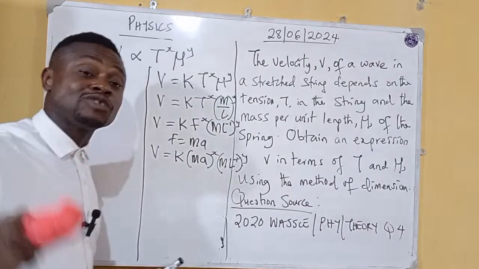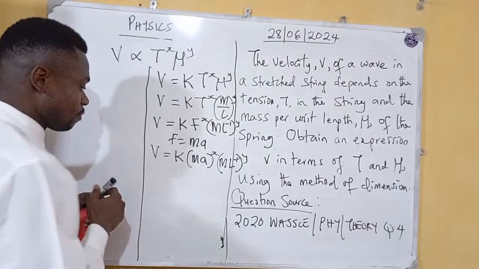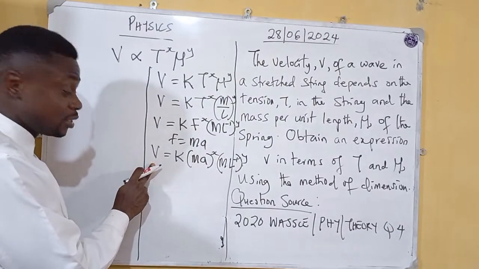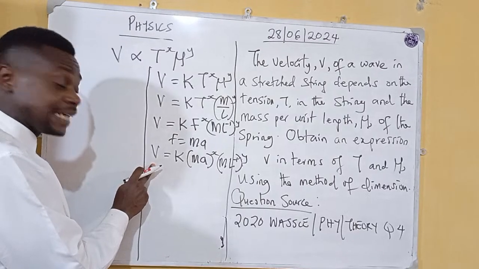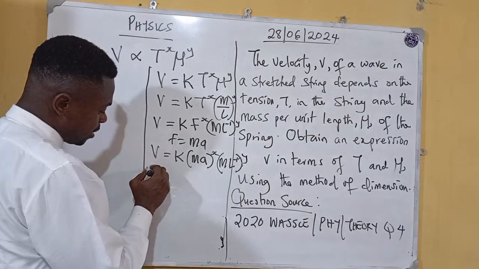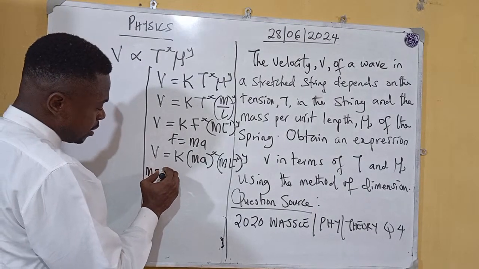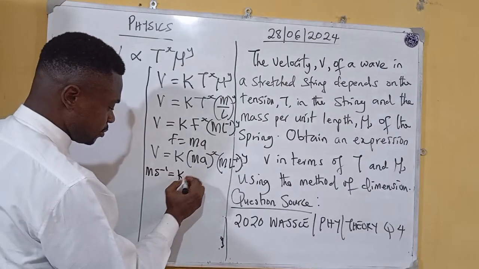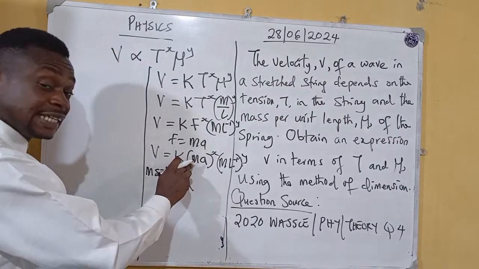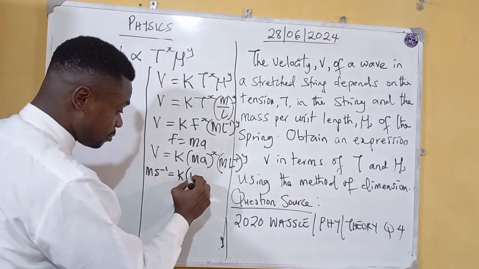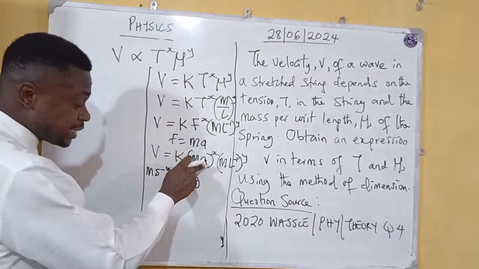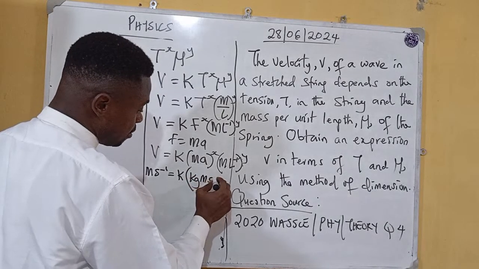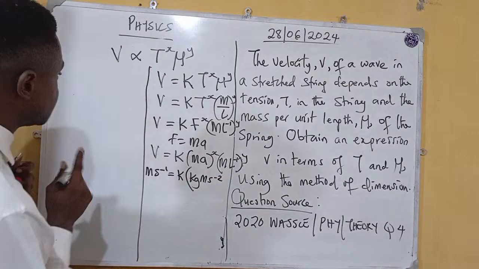So then let's go down to their SI units. The SI unit of velocity is meter per second. Meter per second is equal to K. This M is mass, so it's kilogram. This acceleration is meter per second squared, so it's meter per